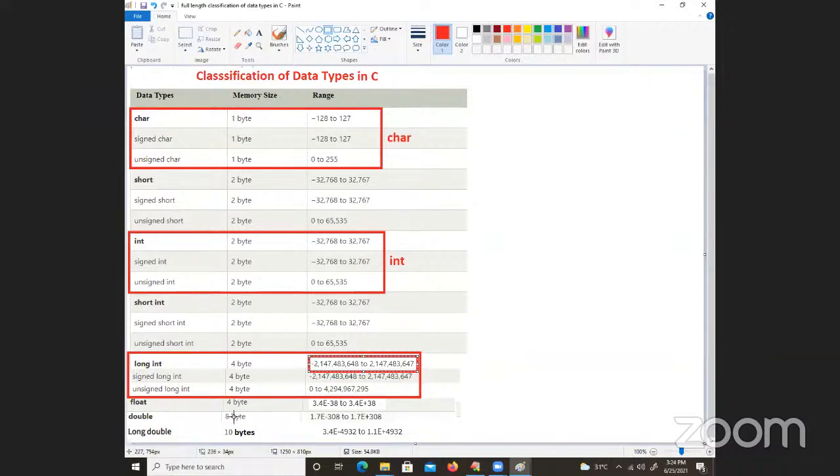Easy, with the calculation we did. See, long int is nothing but signed long int, with the same calculation. Whatever calculation is there, here also we have the same. Unsigned means no sign, so I will add both these values together. It is going to be 4 bytes, like 4,294,967,295. If we add it, it becomes a bigger number. Is it understandable, ma? Are you okay?